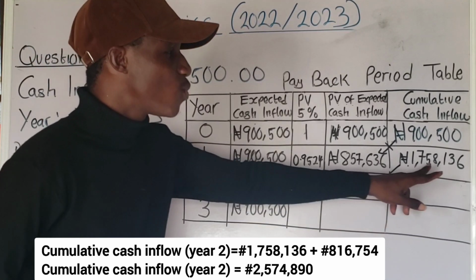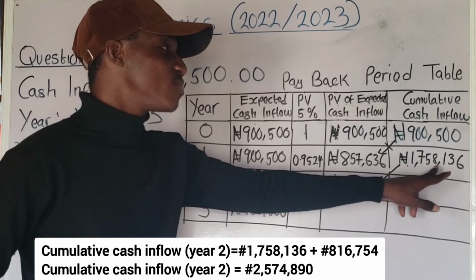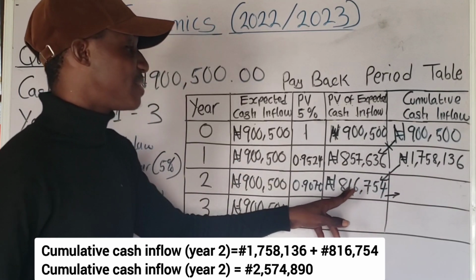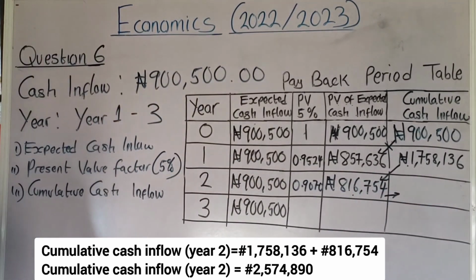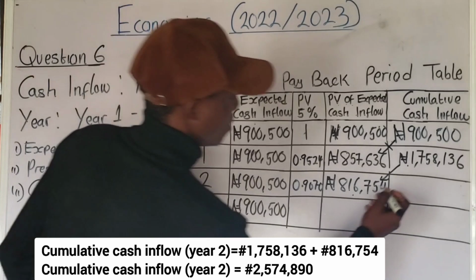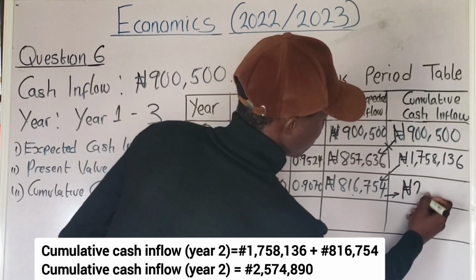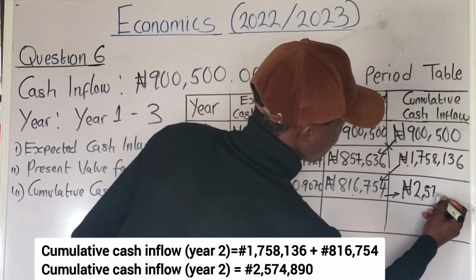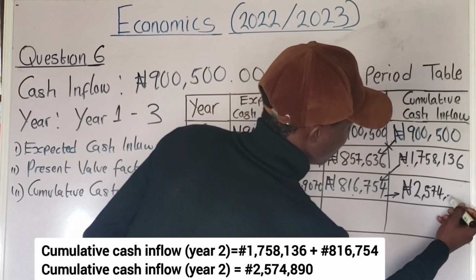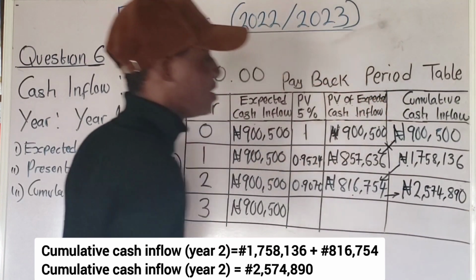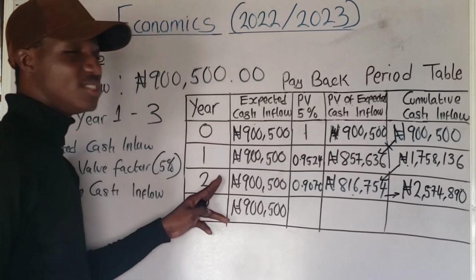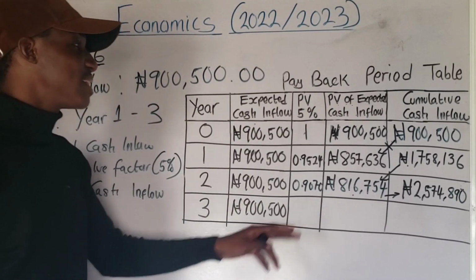So I'm going to add 1,758,136 naira plus 816,754 naira. So the value here will be 2,574,890. That will be the cumulative cash inflow of the second year. Do you understand? Now let's determine the